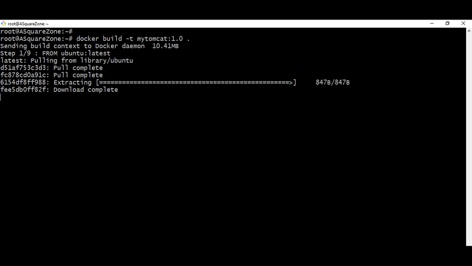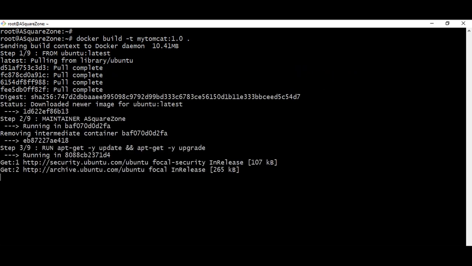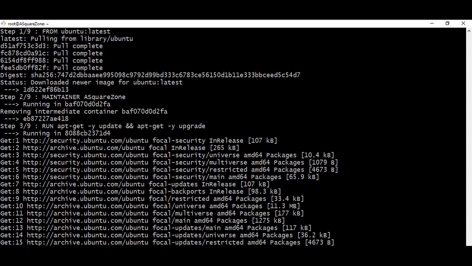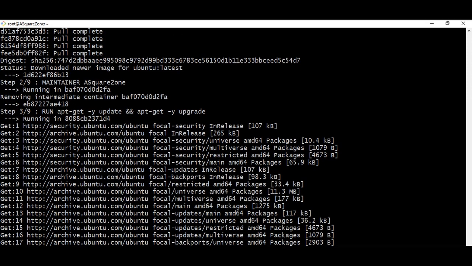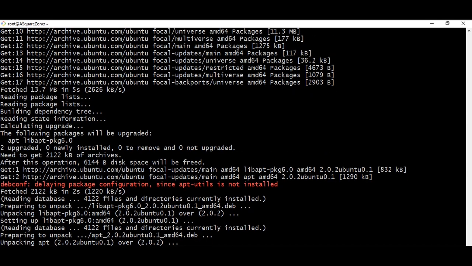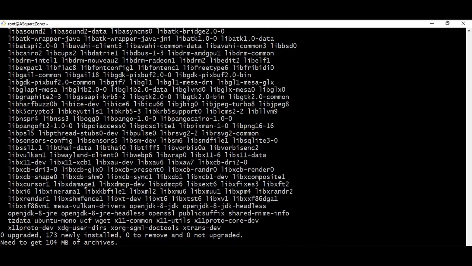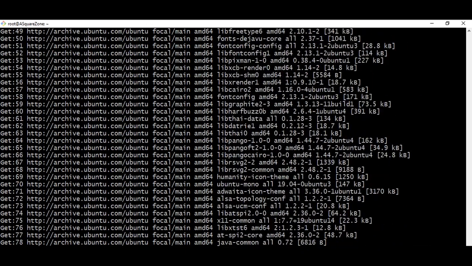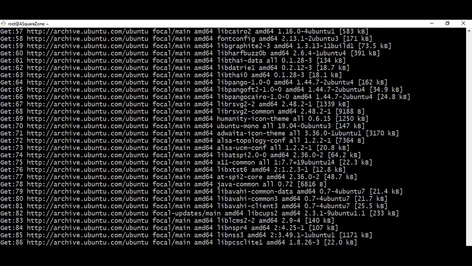So here we can see step 1 out of 9. For the first step, FROM Ubuntu, it is getting the Ubuntu image from the centralized repository, and next it is installing Java using JDK version 8.